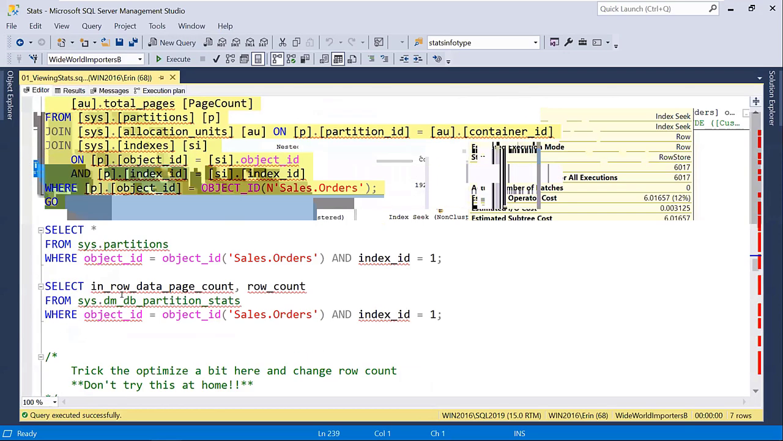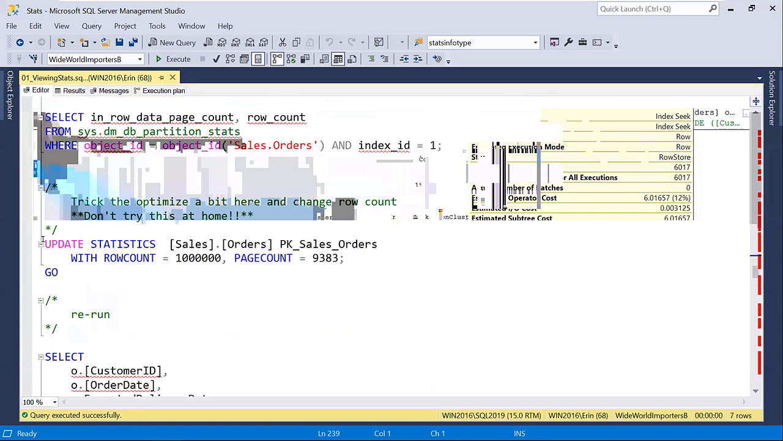So what happens if we mess with the optimizer? And don't try this at home. This really should say, don't try this in production. Don't do this in any important database at all, because you can't actually undo it completely without updating stats and things like that. So we're going to say update statistics, and we're going to specify a row count of